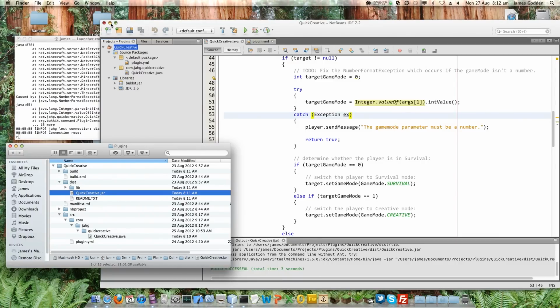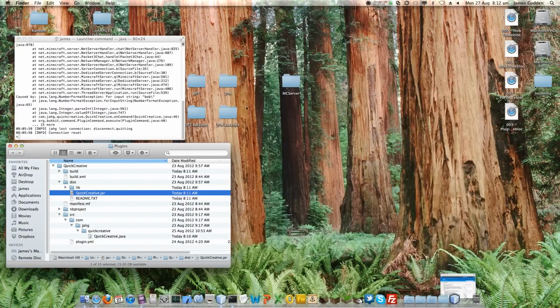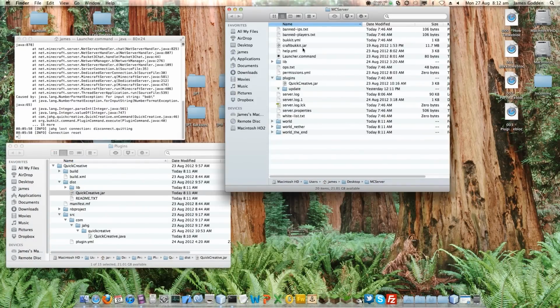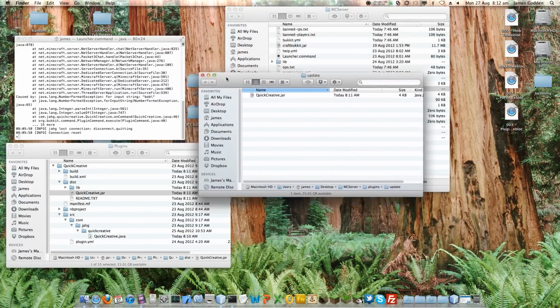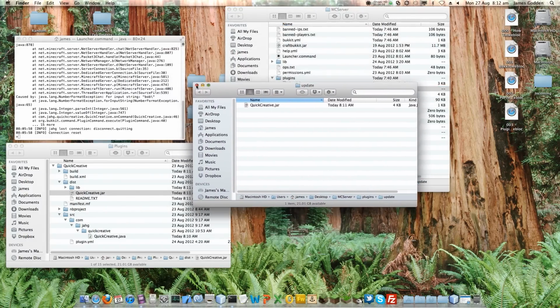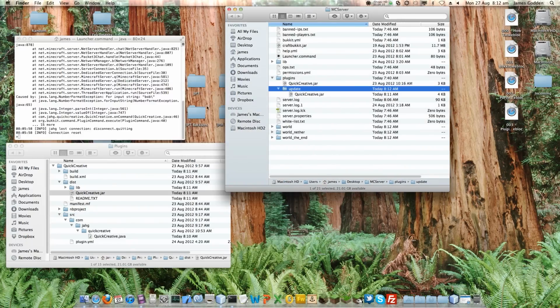Alright, on my desktop somewhere I have got this. Here we go. Now if I run nothing, I want to just paste it in here. There we go. So we've already got our existing version. I should have updated the version number, but I didn't. But never mind. I'm going to move this, or copy it rather, into my update folder. There it is. So there it is in the folder.